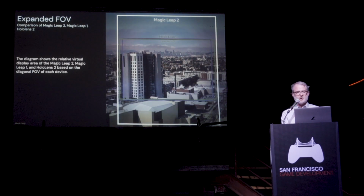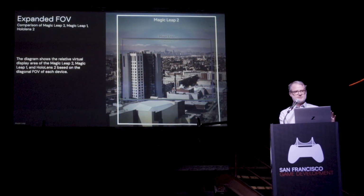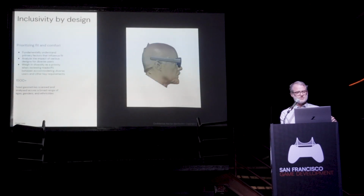So the green being a HoloLens 2, and Magic Leap 1 there in the purple. And so this is, it makes a big difference. It's easily and instantly discernible. And so because this is aimed at work and we need to get a lot of people into the headset,